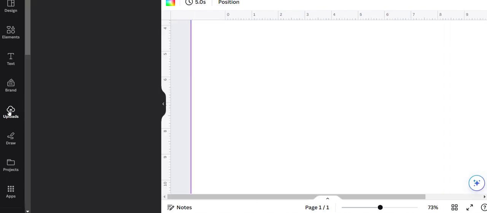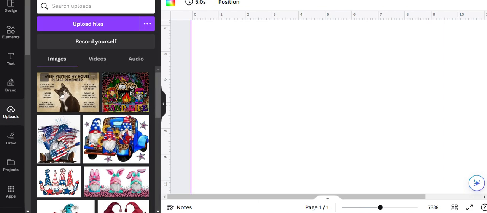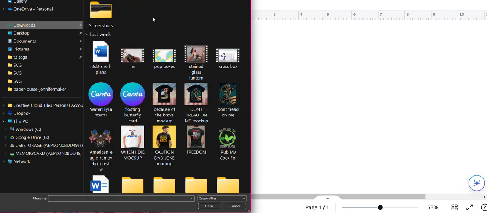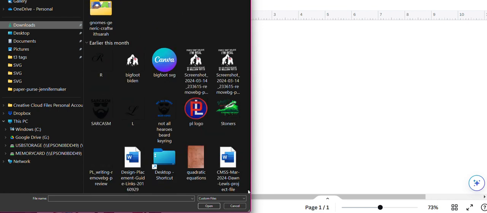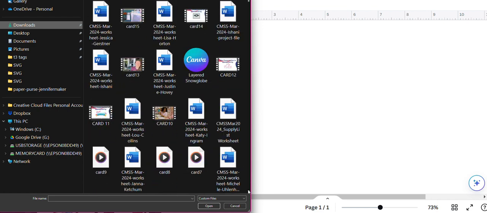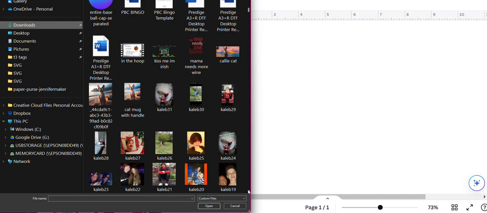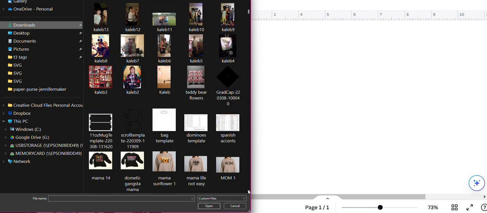You click on upload, and here's all the upload files I have. But you go here to the top and click upload files. And then you go on your computer. I go to my downloads. That's how I find my files. And then let's say I've got a lot down through here. Let me find one. You just scan through your images,